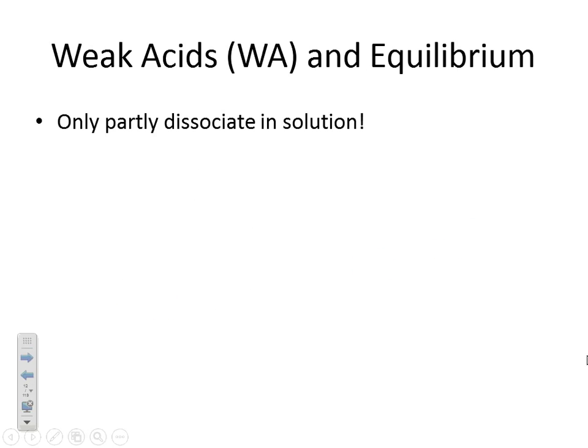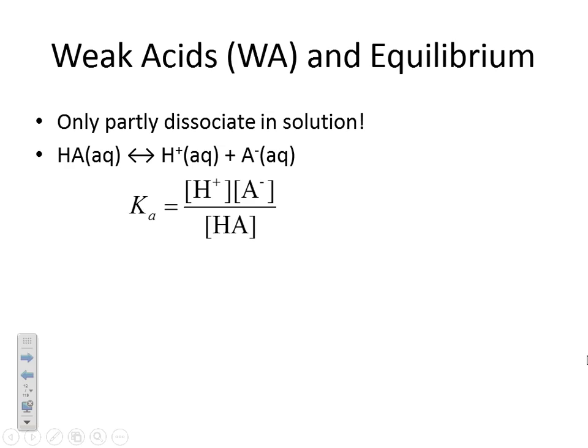Weak acids with equilibrium. So we've seen this before. We've mentioned this many times. Weak acids only partly dissociate in solution. So we have this reaction of HA goes to H+ plus A-. This is our acid dissociation reaction. Well, we can now write a K expression for this, products over reactants raised to their coefficients, and now we